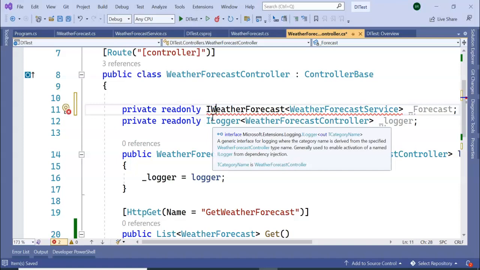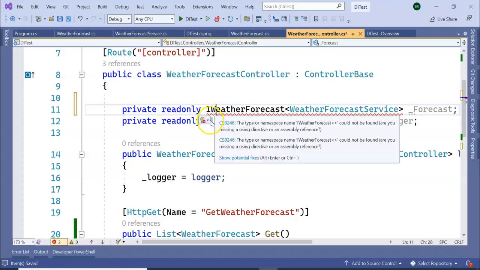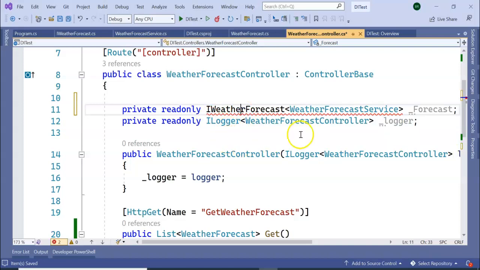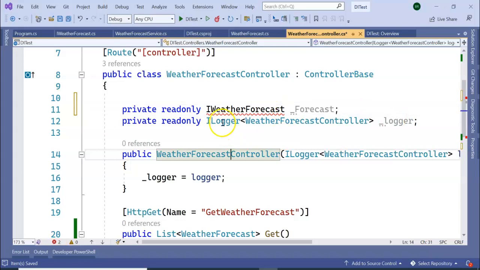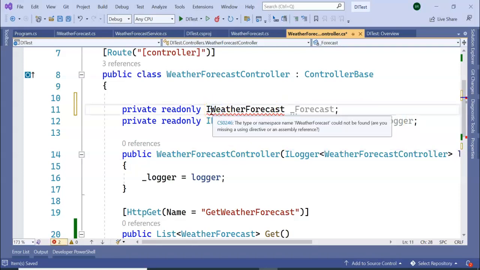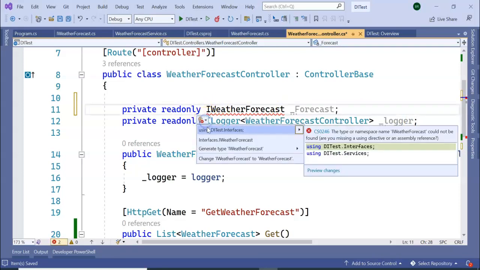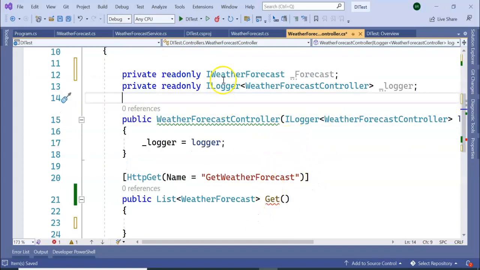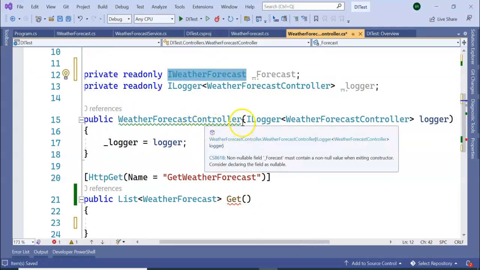We need to add the using statement here. And in the WeatherForecast